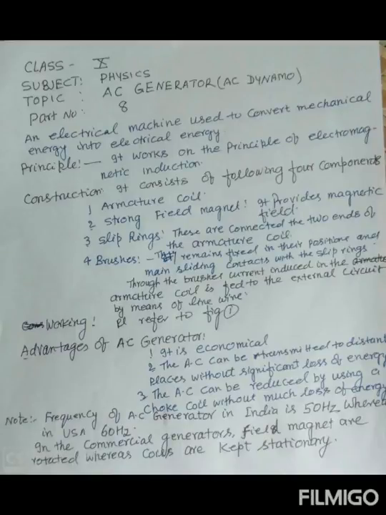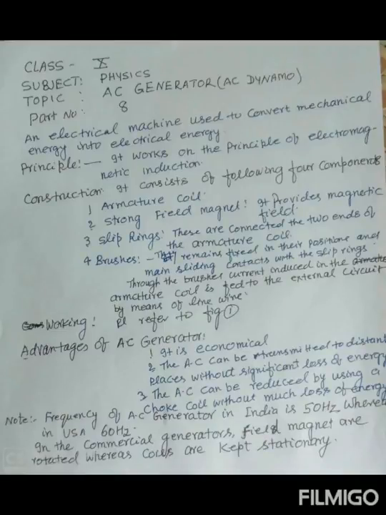with the brush B1 acting as positive terminal and the brush B2 as negative terminal. During the second half rotation, the side AB moves downward and the side CD moves upward. The direction of the induced current is reversed, and in this condition B1 acts as negative terminal and B2 functions as the positive terminal. Thus the direction of the current in the external circuit is reversed after every half cycle. Here the alternating current is produced by the generator.